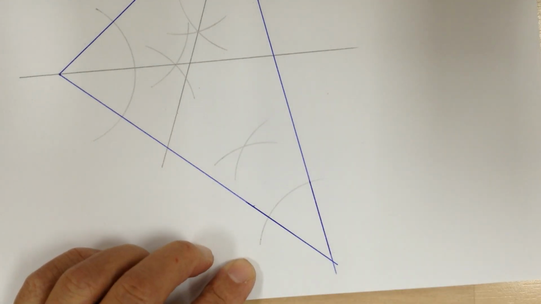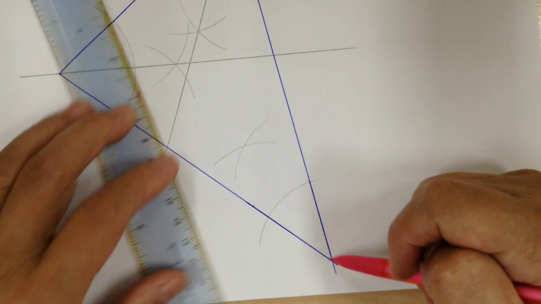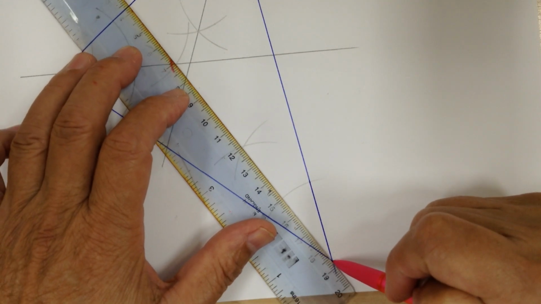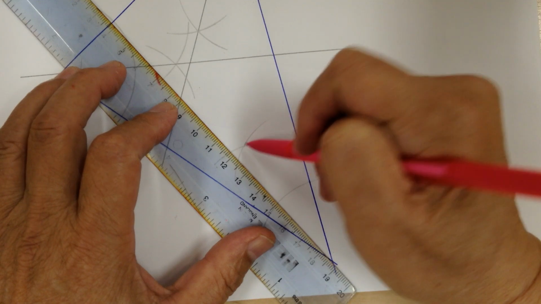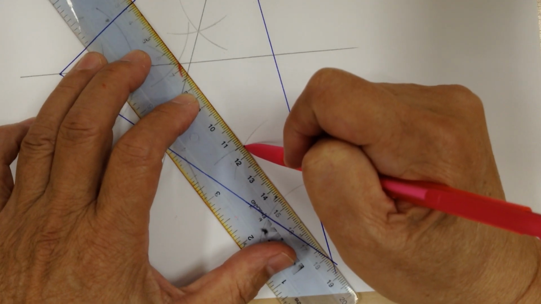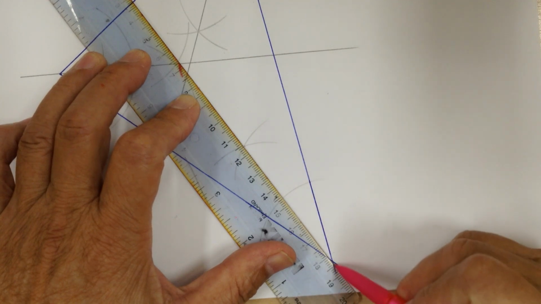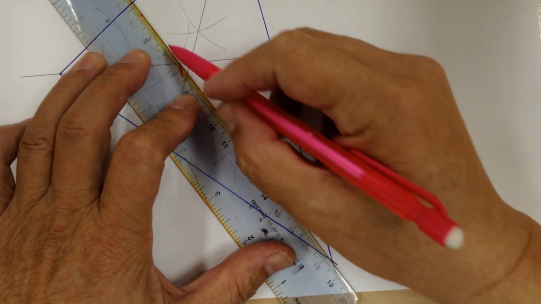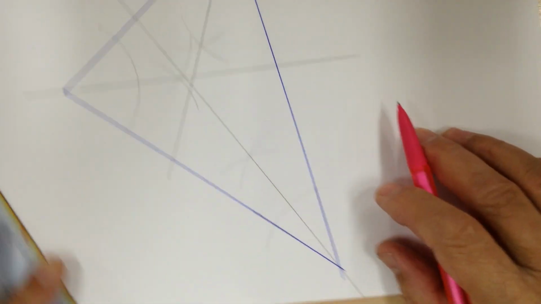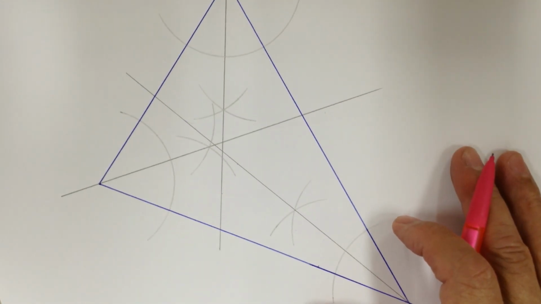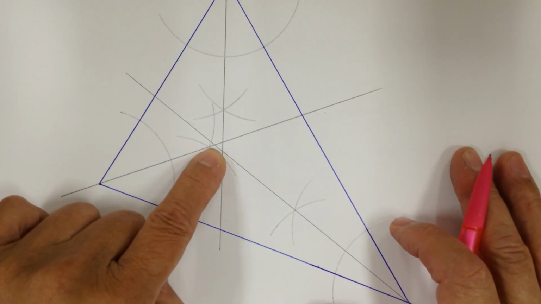Okay, and then from here you can draw. Again, if you're accurate enough, they should meet in one point. Okay, so this kind of tests your accuracy. Okay, so this one, again, you can see that we're off by a little bit. Okay, you see that? So if you have this kind of situation, if they don't meet in one point, then